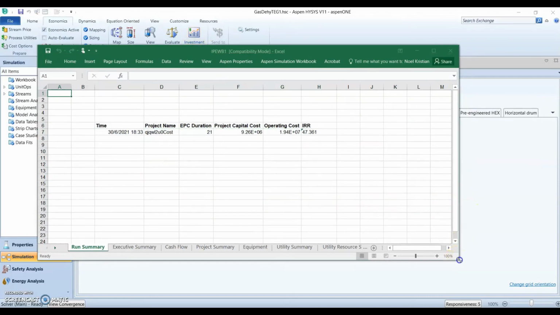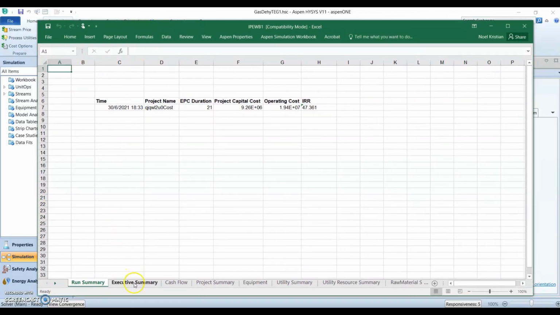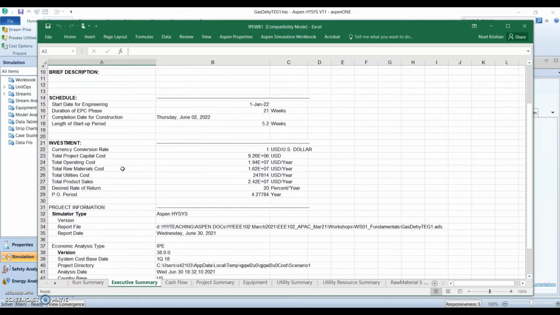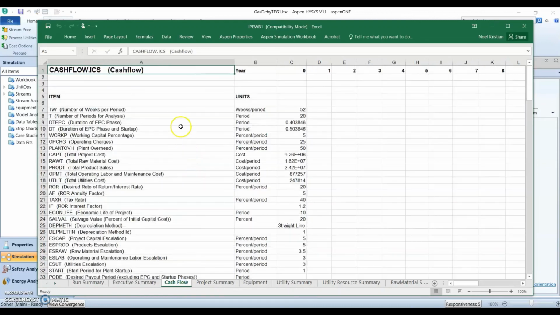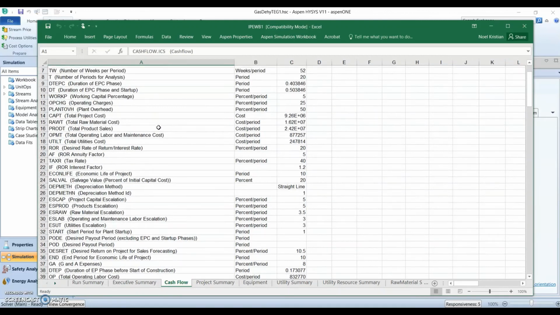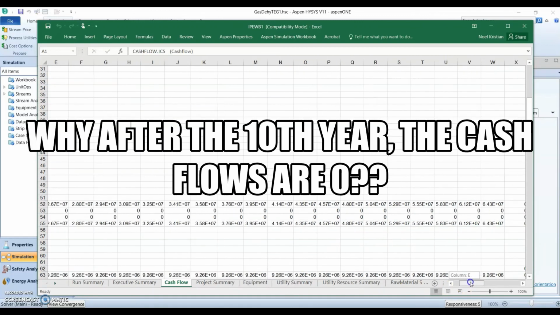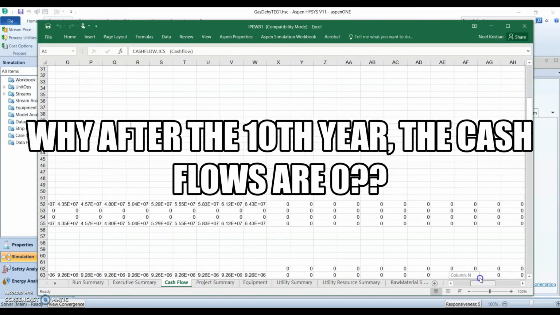Okay, so this is the detailed economic evaluation consolidated in a single Microsoft Excel file. You can look at the executive summary. You can look at the cash flow. You scroll down the cash flow all the way, you can see how the cash flow changes on a yearly basis.